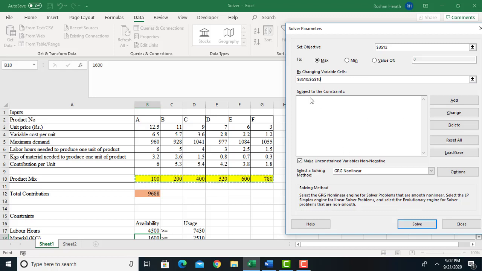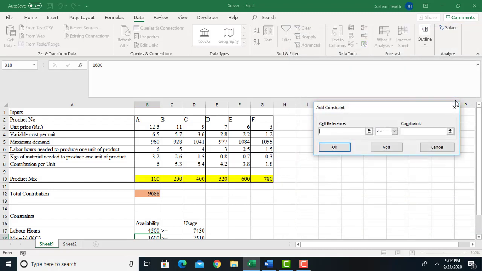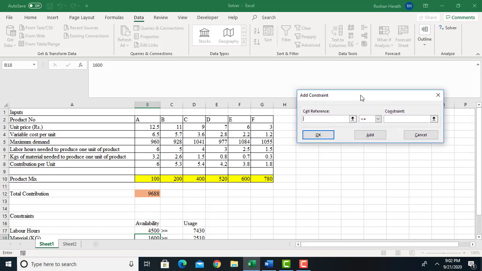Then it asks what the constraints are. This is applied in a situation where there are some constraints. Then what you can do, you can simply add the constraints. So you can click on add. Once you click on add, you can add these constraints one by one. The first constraint, what is that? The first constraint is that